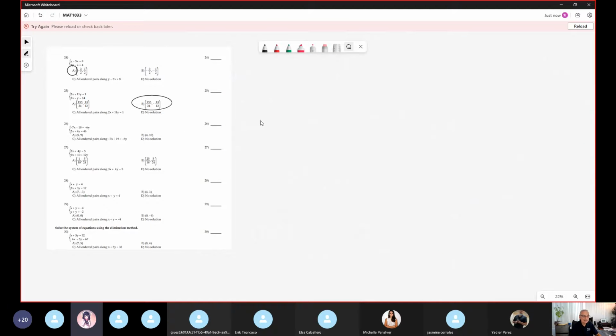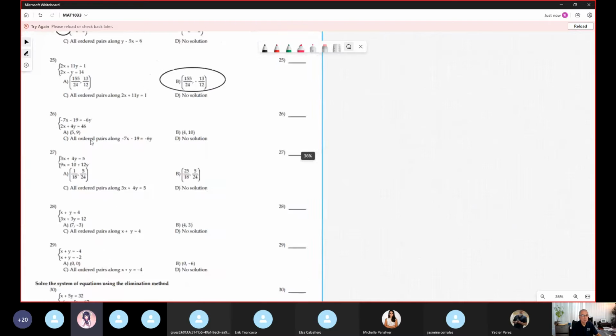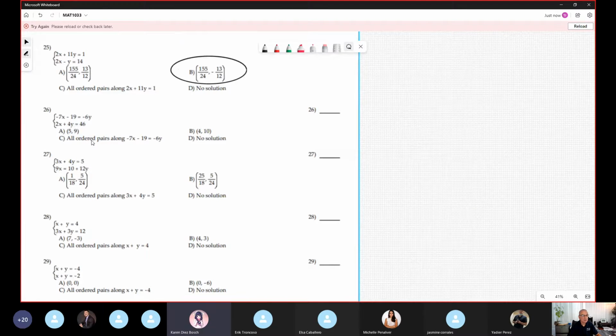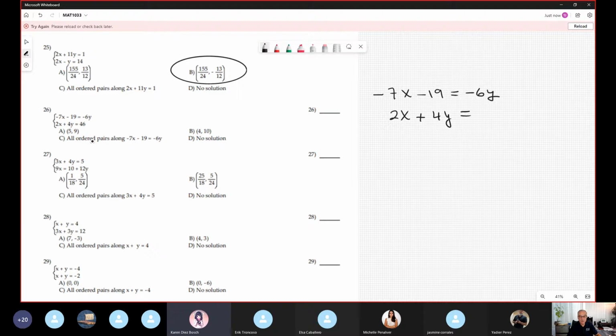Okay, 26. I want to copy. Okay. 26 says minus 7x minus 19 equals minus 6y, and 2x plus 4y equals 46. This is the typical example in which it's not good to apply substitution because no coefficient is 1